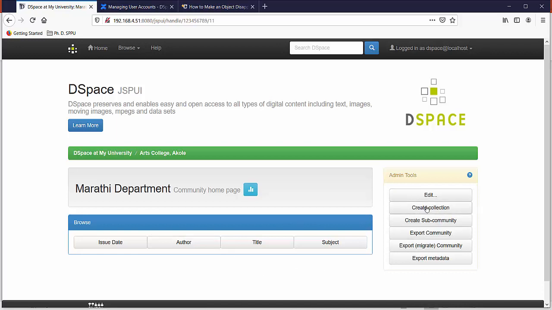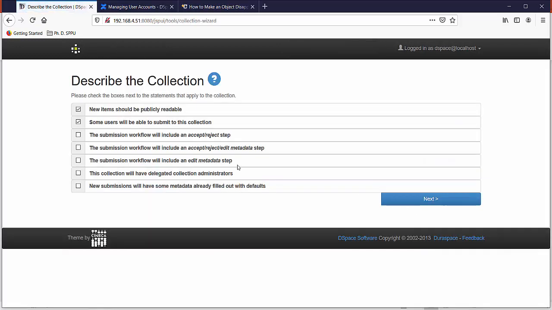Just click on the create collection button appearing in admin tools. The describe the collection form is appearing here.